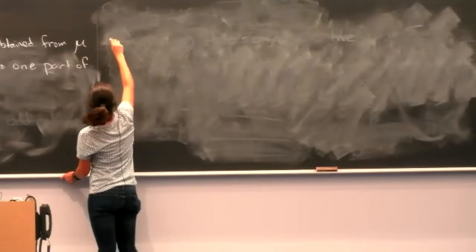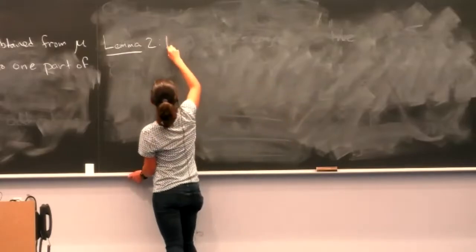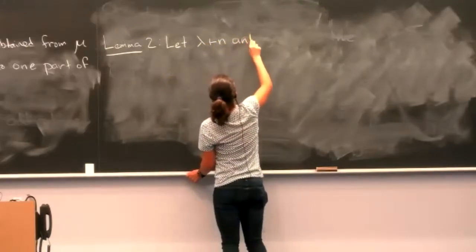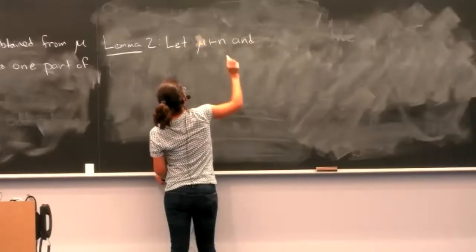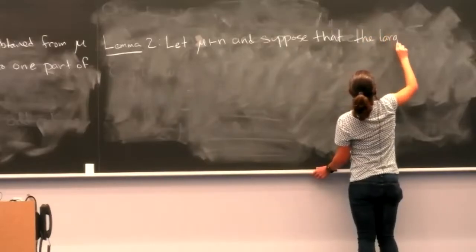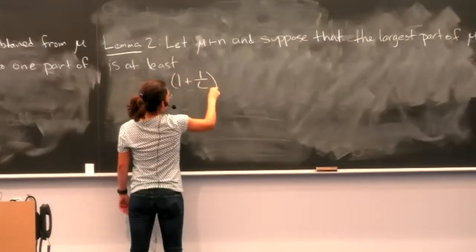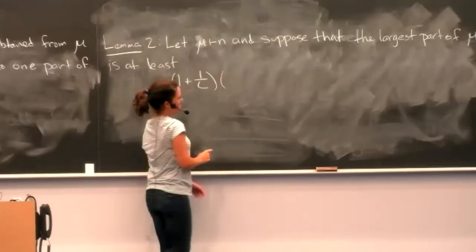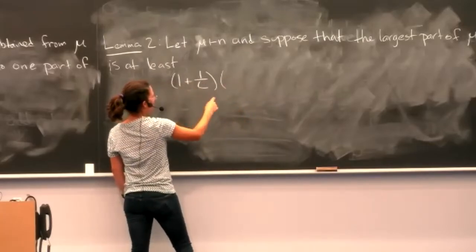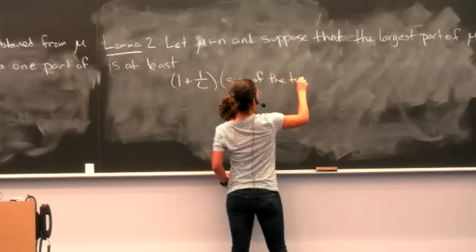The second key lemma says that if we let mu be a partition of n, and assume that the largest part of mu is a little bit larger than the typical size of the largest part of a random partition of n, so let's say 1 plus 1 over L times the typical largest part,